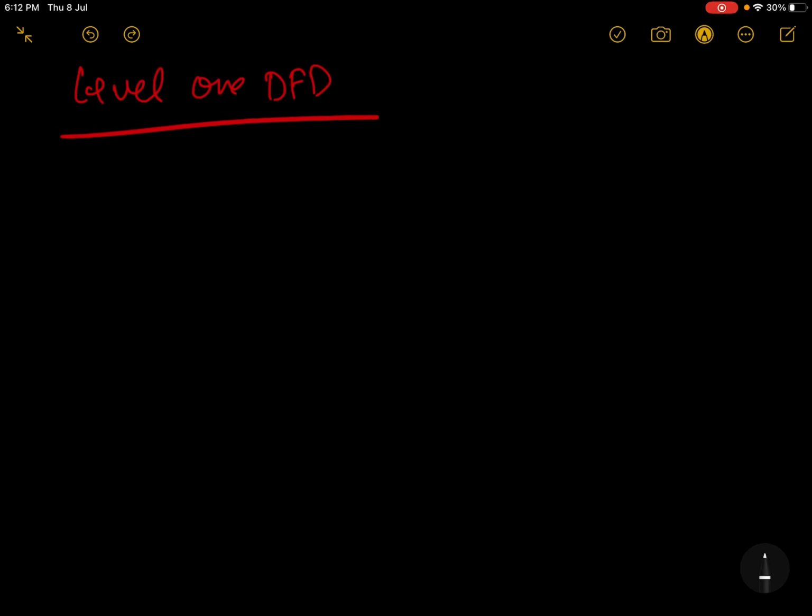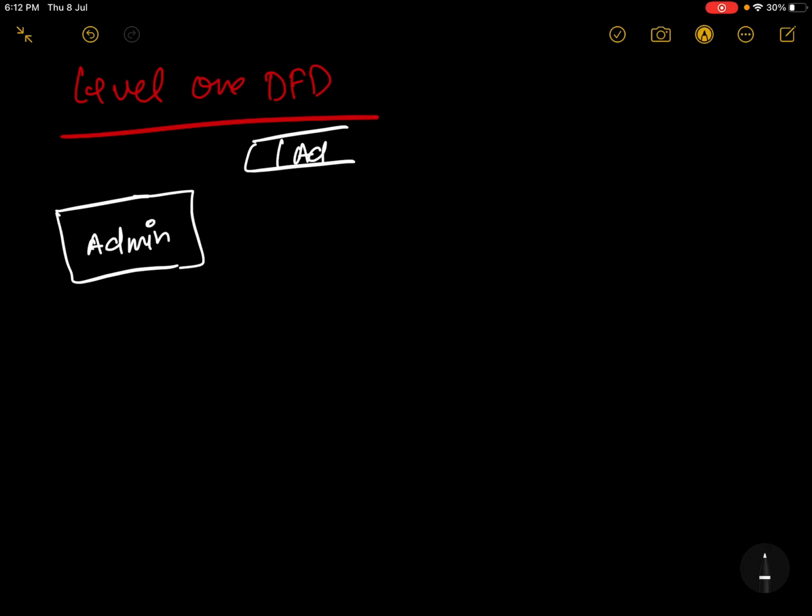Okay, so this is the admin. This is the admin database, taking records from there, taking details from there, like a username and password.